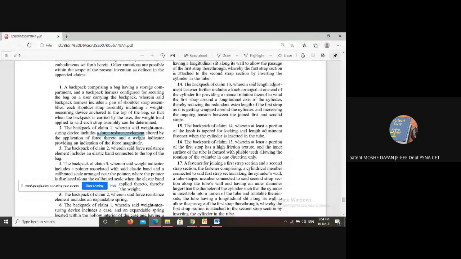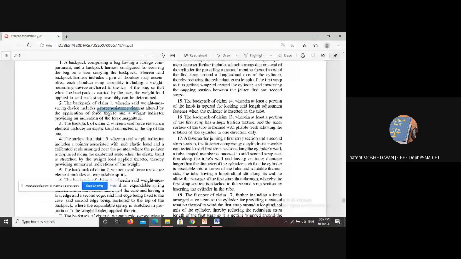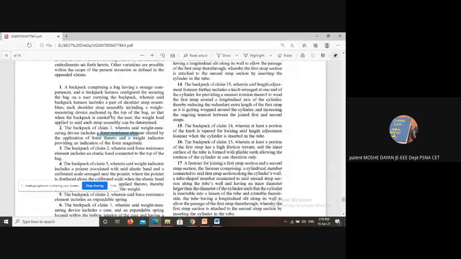The backpack of claim 2, wherein the force resistant element includes an elastic band. See, now here he is claiming for the elastic band. Here he is claiming for the force resistant element. So this claim is dependent on this claim, and this claim is dependent on that claim. So these are called dependent claims. The first claim is called the broader claim, the independent claim, and the following claims are called the dependent claims.